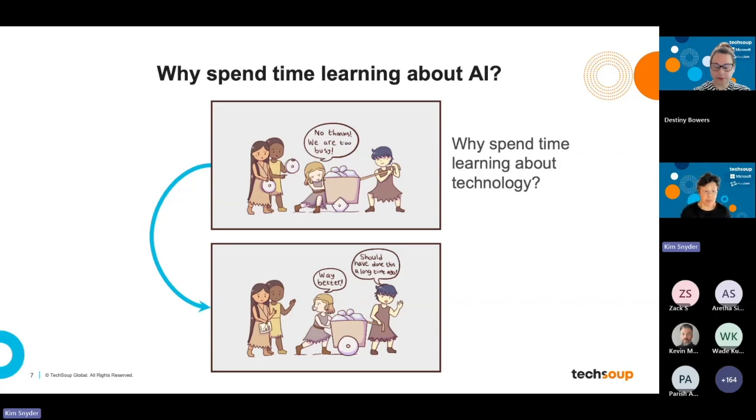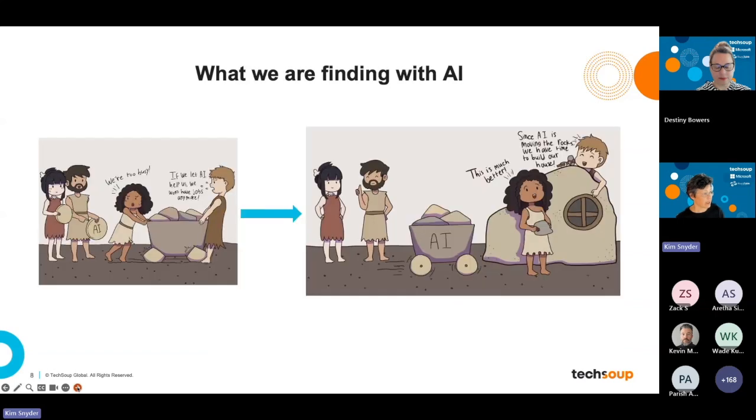So this is a general lesson that I found with all technologies since the Stone Age of technology, when I started doing this and I was talking to people about like Access databases, right? It's a long time ago. So all right, so that model, that's what you're seeing now is something we've been using for a long time about why bother learning about technology. What we're finding about AI is this is even more of a kind of a shift because you can still get